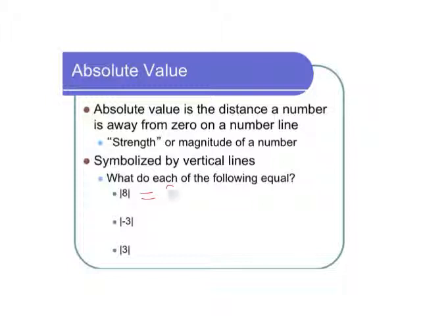The absolute value of negative 3 is 3, and the absolute value of 3 is 3. And this part is intriguing to me, that there are two numbers that are the same distance away from 0. They both have absolute values of 3. And this is really at the heart of why, when we solve equations later today that have absolute values in them, there are going to be 2 answers, because there will be 2 different numbers that are the same distance away. So it's not always this simple, but